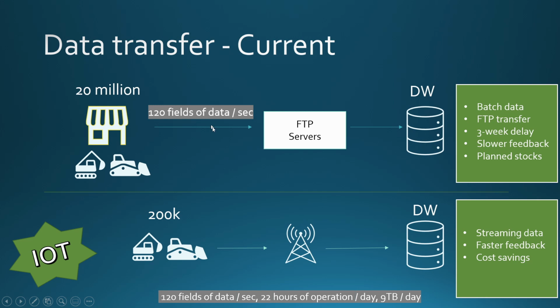Now if you look at these two, let's go over the first one. What happens is if a vehicle is due for service, or if a vehicle is malfunctioning and it goes to a service center, at the service center they collect the data from the machine. So it's an offline collection, and they transfer the data by connecting to a port, and they upload the data as a gzip file to their FTP servers. And then from the FTP servers, it takes some time to go to the data warehouse. So the data is going in batches, and the transfer is FTP.